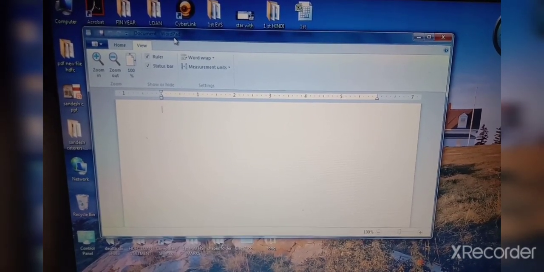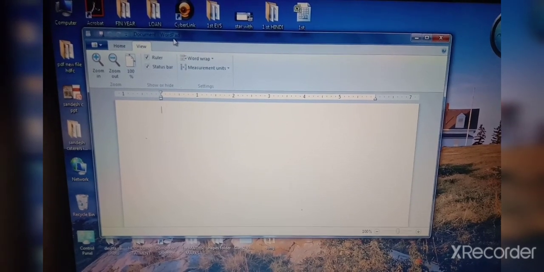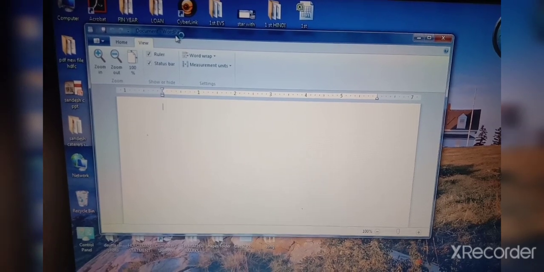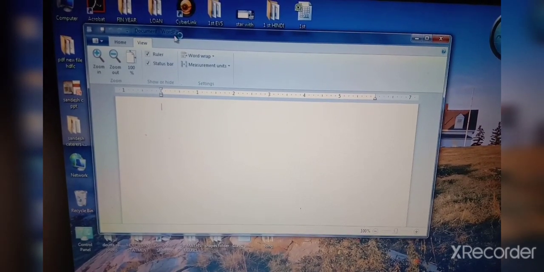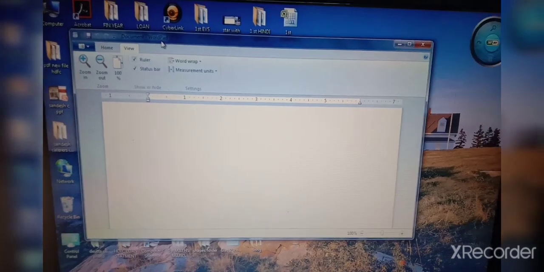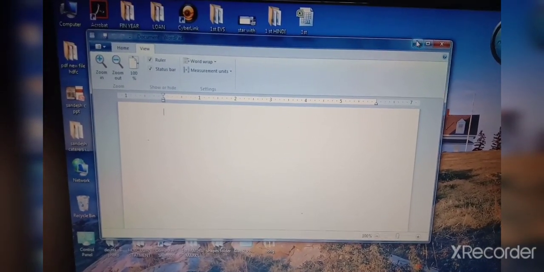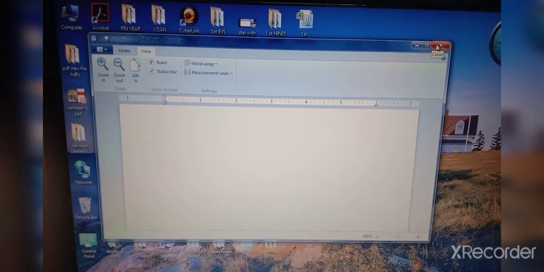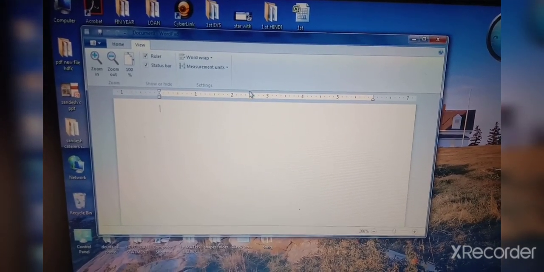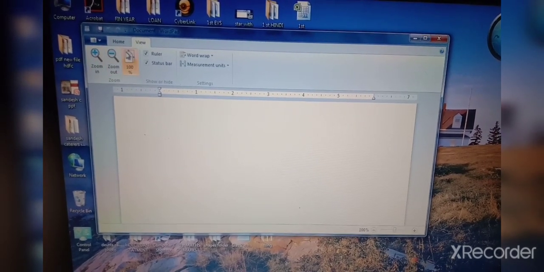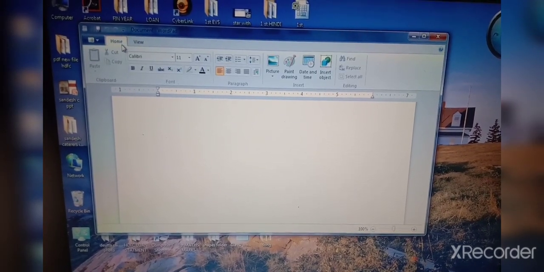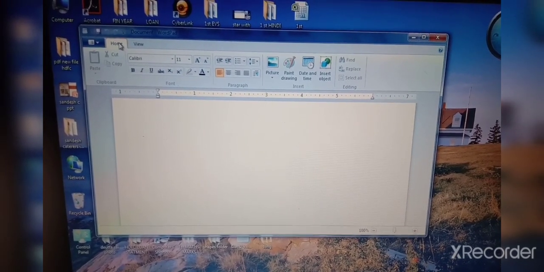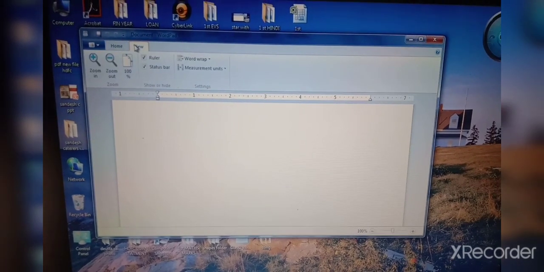And when you save your file or your document, the name will get display on this blue bar, on this title bar. Okay, so this is title bar and these are three buttons. This is minimize, maximize and close. And this is ribbon. This area is called ribbon, and on this ribbon there are two tabs. One is home tab and one is a view tab.